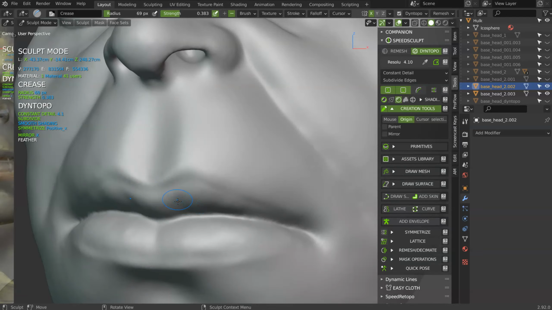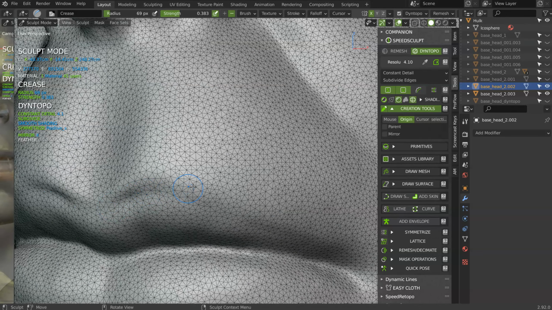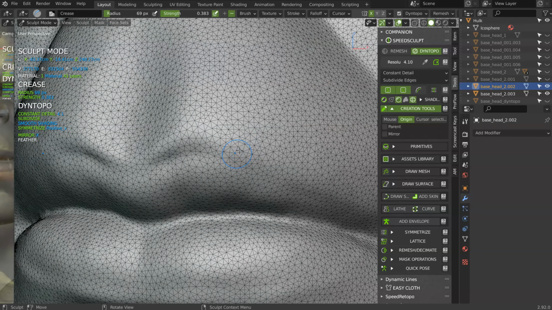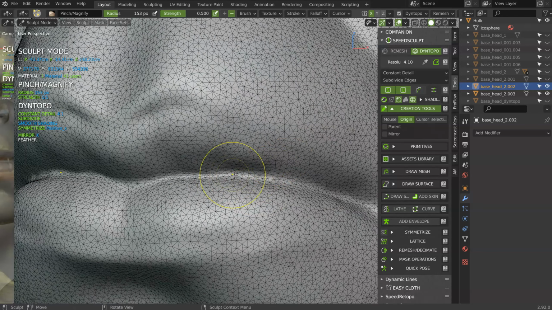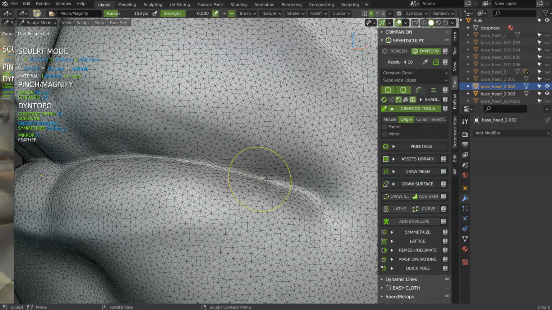You will be able to subdivide your mesh. Let's see, I will use the pinch just to show you. You will continue to subdivide your mesh. Did I make it? Yes. As you can see, it's not really visible, but your model will update, and you will be able to make a big pinch like that, and that will work.